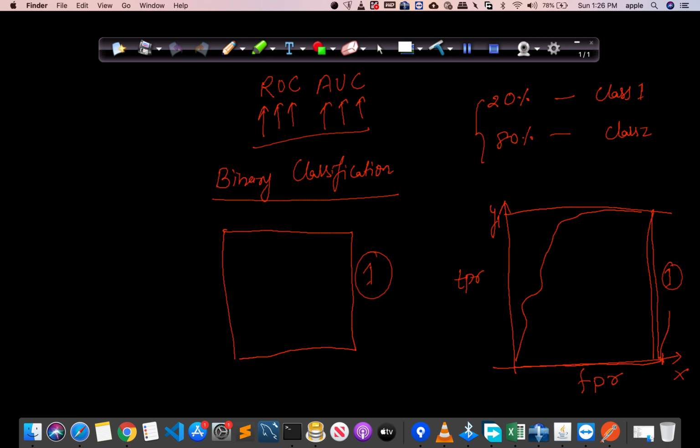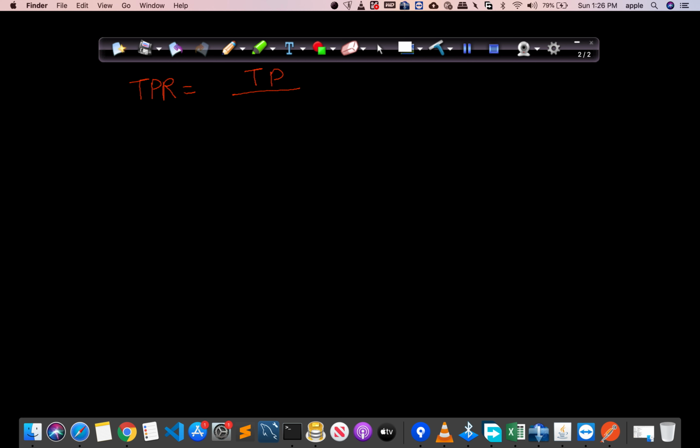So first let me recap what is true positive rate and what is false positive rate, and after that we will continue. Okay, see, true positive rate. True positive rate is true positive upon true positive plus false negative. First let me draw this particular matrix, then only you will remember it, because in this matrix series we have the confusion matrix, there you can even revise it.